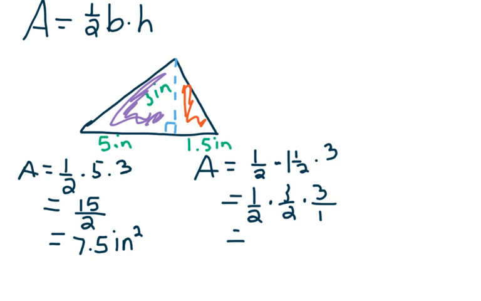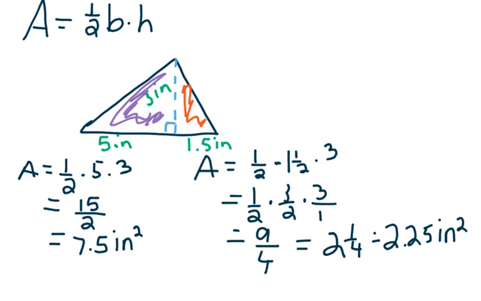And now, if we multiply, we have 1 times 3 is 3, 3 times 3 is 9. And then we have 2 times 2 is 4, times 1 is still 4. So 9 over 4 equals 2 and 1/4, or as a decimal, it's 2.25